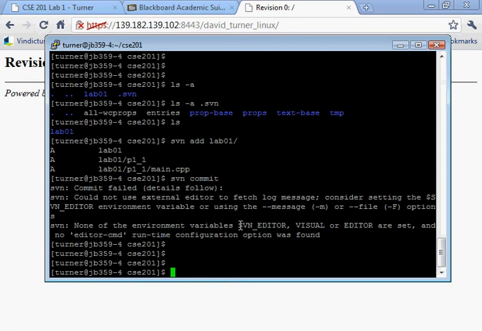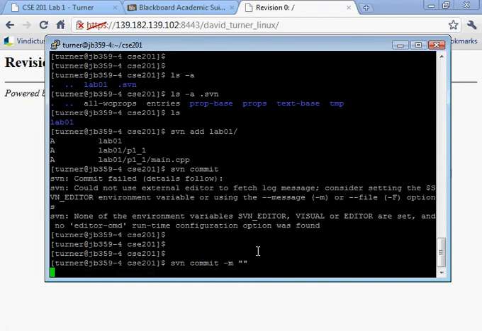But we can configure, using one of these environment variables, the editor. But I think the easiest thing to do at this point is to type in the comment directly on the command line using -m, and I'm going to put in an empty comment. So it's just an empty string, right? This is a string that says hi, and then this is a string that has nothing in it. It's called an empty string. So let's commit,